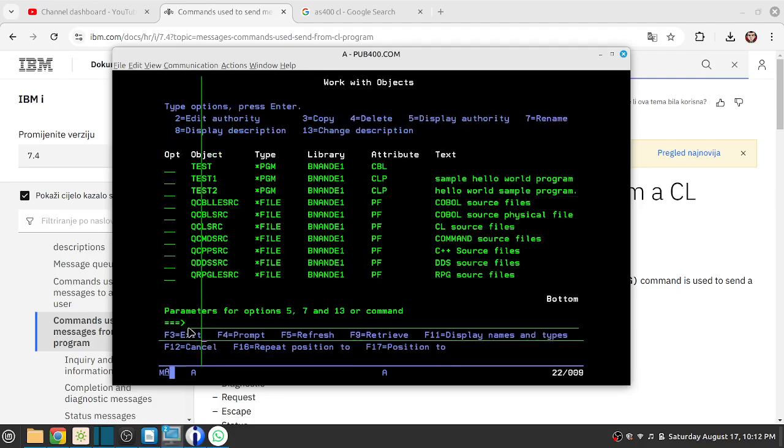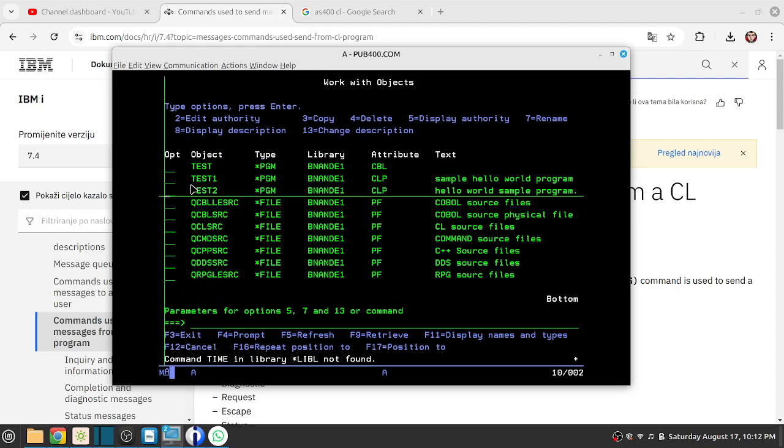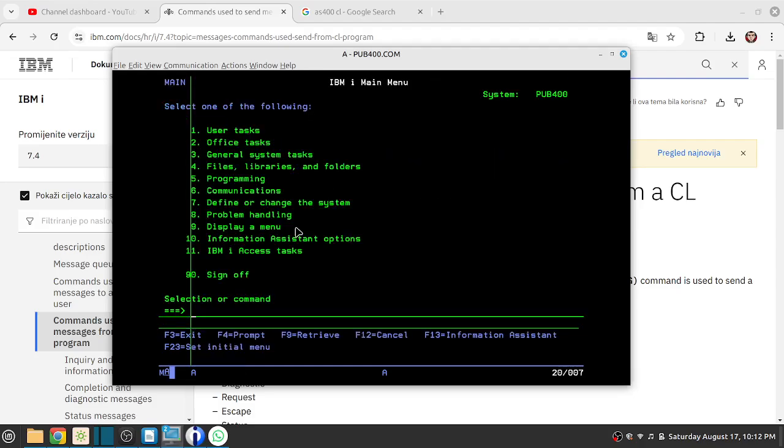If you want to verify what the time is, there is a command. I think it is not available on this server. Okay, we'll come back to that later. But anyways, we can see that the executable object is created in the library. Now let us execute it. So to execute it,